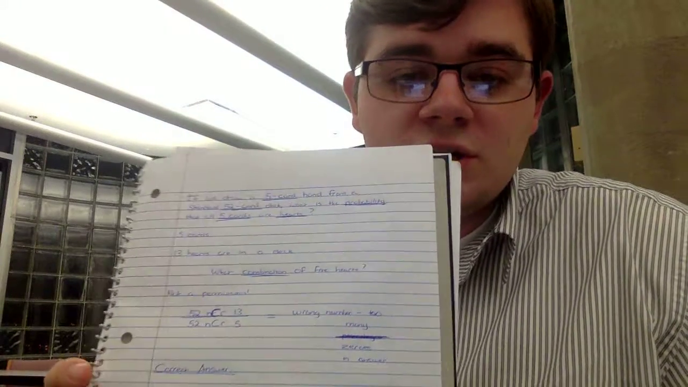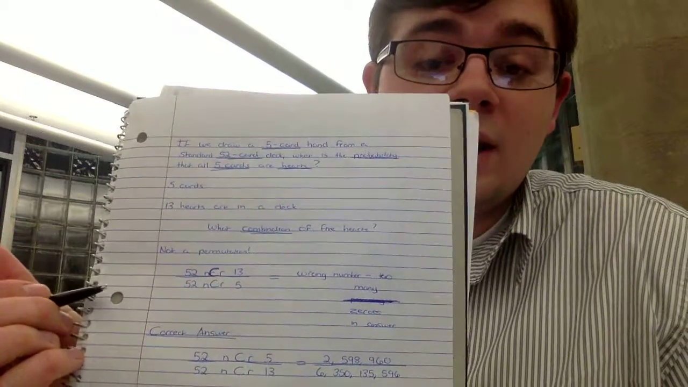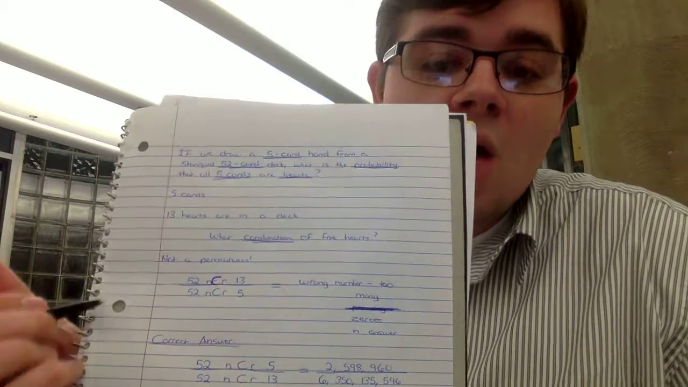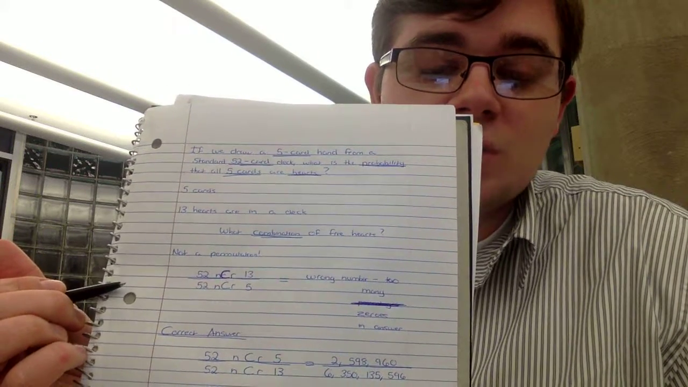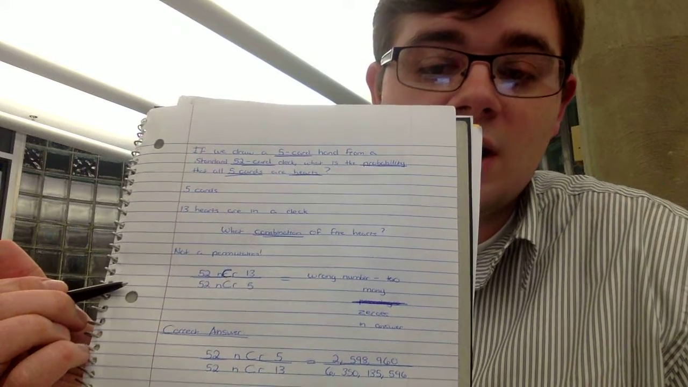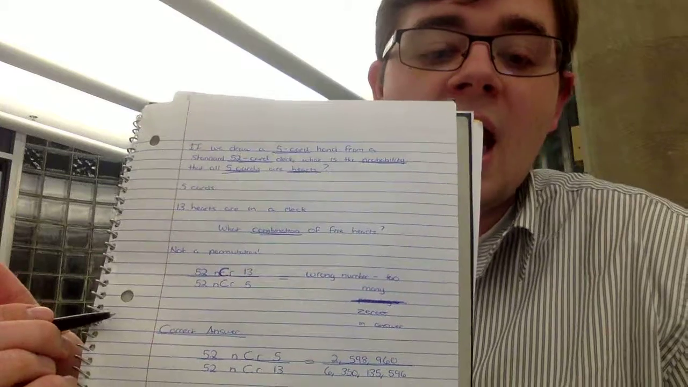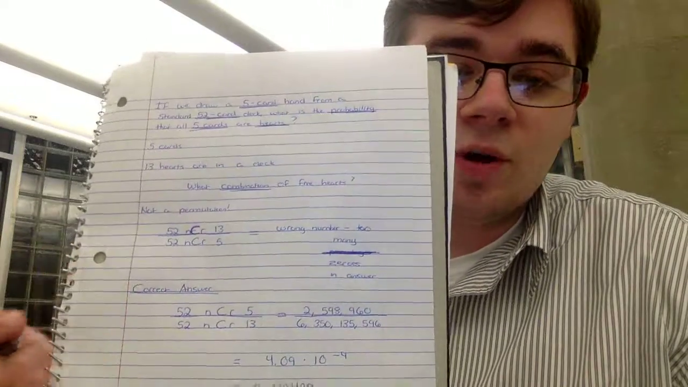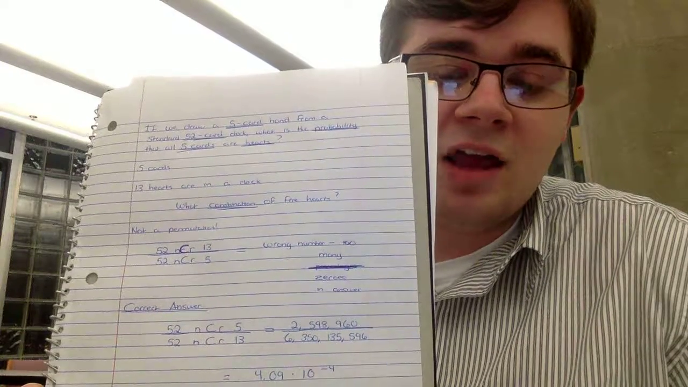Here I have my question. I have the 5 cards and the hearts, and I show that it is going to be a combination. Once I show what's wrong and how I set up my fraction in an incorrect way with too many zeros and so on and so forth, I then rewrite my fraction to the correct method. And in here, 52 nCr 5 equals